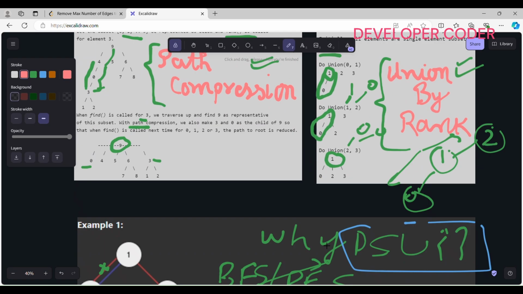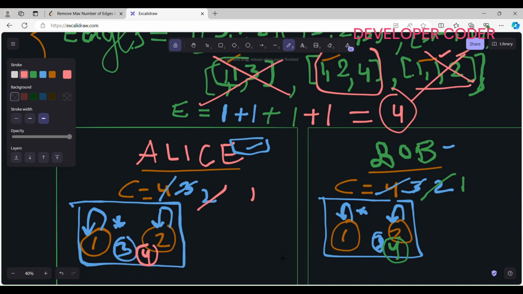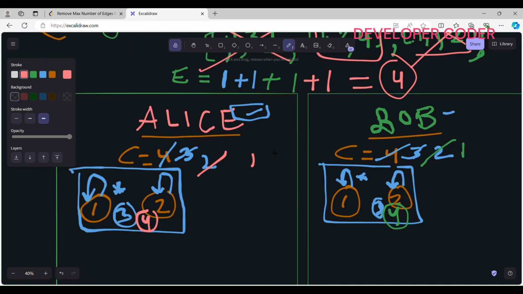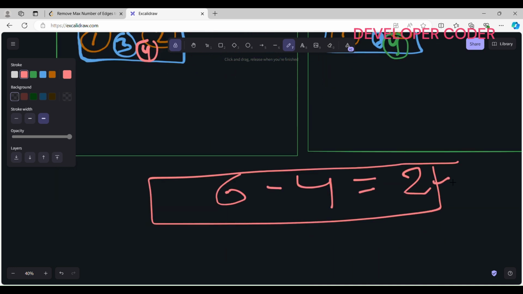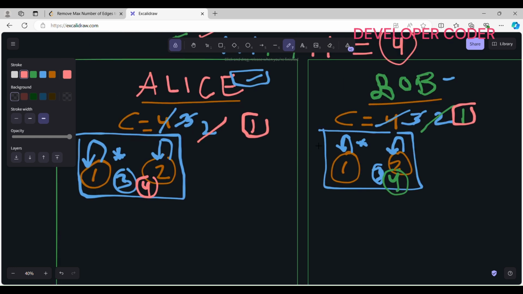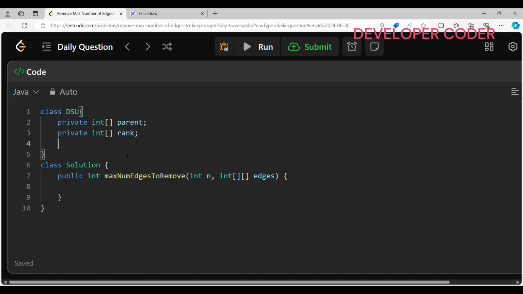Initially there are 4 components. One more thing here: if my components both are 1 for Alice and Bob, then that simply means that I have completely traversed my whole graph for both Alice and Bob, and in that case I have to return this output. Otherwise I have to return -1. So both components should be 1 in the end. Initially there are total 4 components, so let's create the components variable, private int